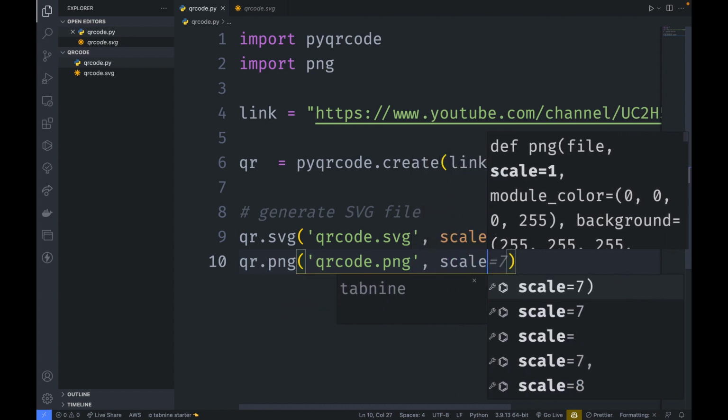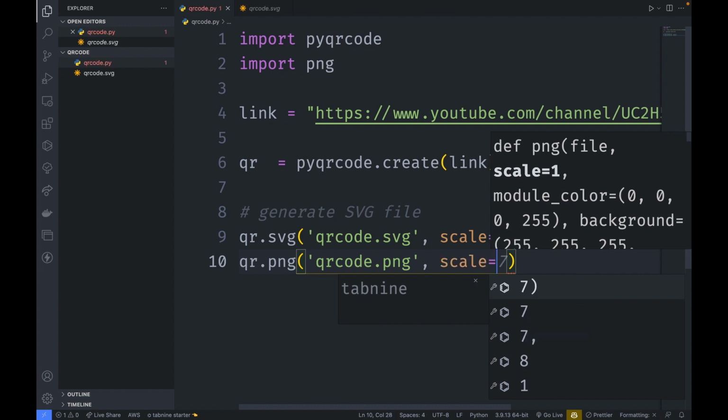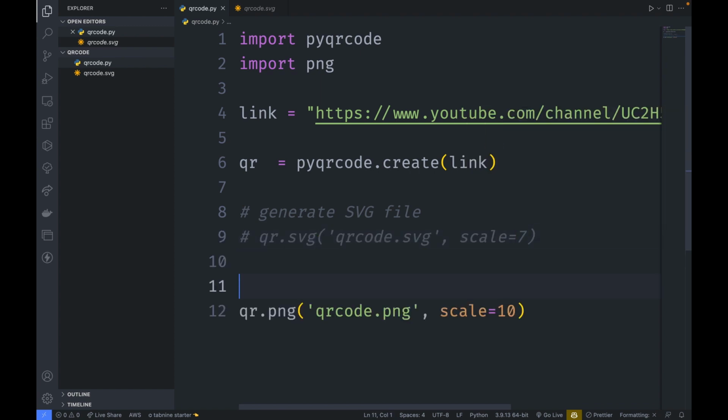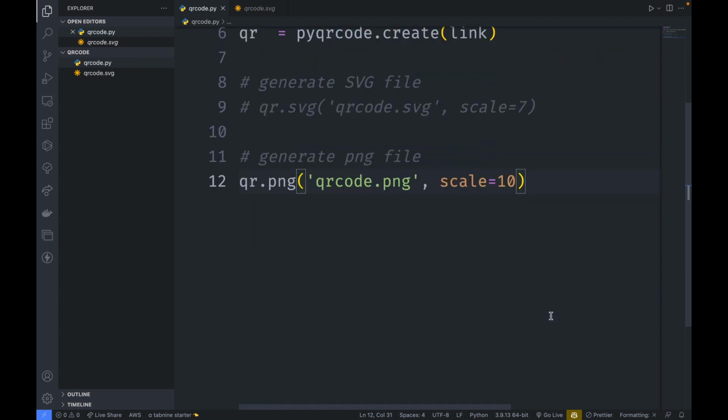So the scale determines the size of your QR code. So I'm going to use 10 over here and comment this line of code out. So this code is to generate the PNG file.